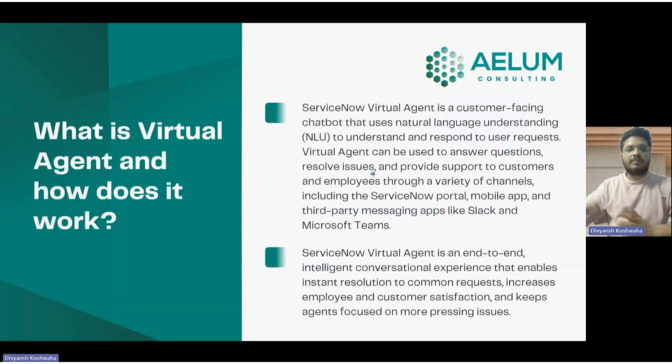The first thing, what is virtual agent? How does it work, right? Virtual agent is a customer-facing chatbot that uses natural language understanding to understand and respond to user requests. Virtual agent can be used to answer questions, resolve issues, and provide support to customers and employees through a variety of channels, including the ServiceNow portals, mobile app, or third-party messaging apps like Slack and